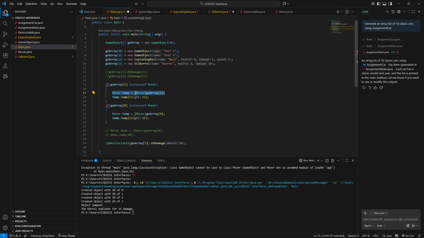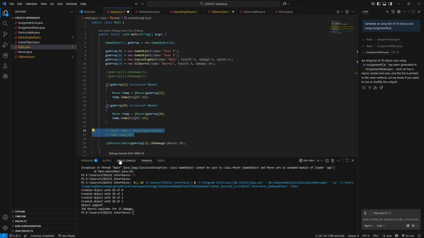So I've got mover temp equals dynamic cast of go array to mover, and then I can use temp.jump and I will jump. And this block here won't cause any problems because, well, index 0 is not an instance of mover, and so that will return false, and I'll never hit these lines of code. Which is good,